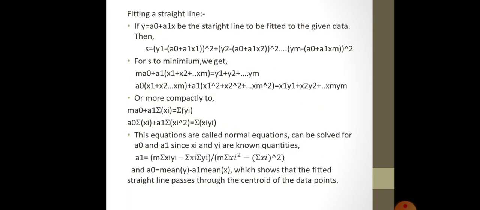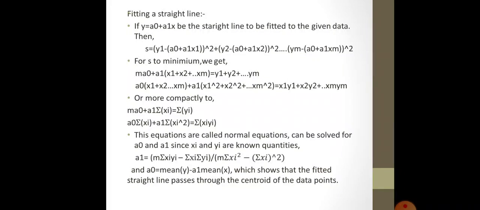And to fit a straight line, we know that the equation of a straight line is y equal to mx plus c, or y equal to a0 plus a1x, which is to be fitted to this given data. Then s equal to (y1 minus (a0 plus a1x1)) square plus (y2 minus (a0 plus a1x2)) square etc. plus (ym minus (a0 plus a1xm)) square. So to minimize this, we have to find ds by da0 and ds by da1, and we get the equations